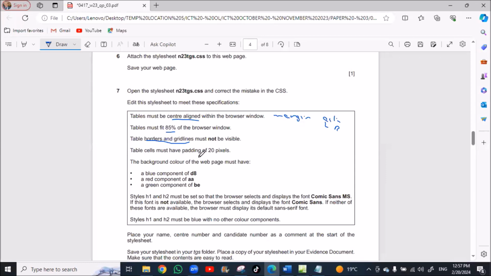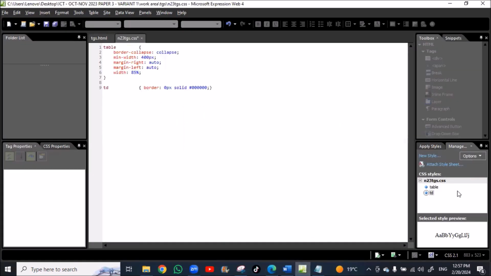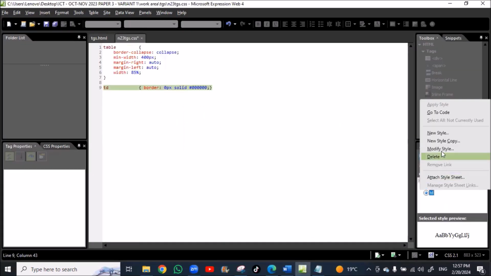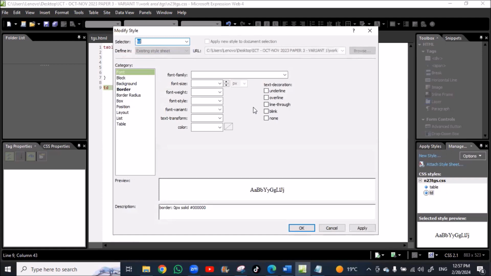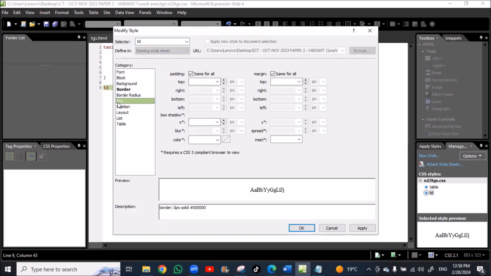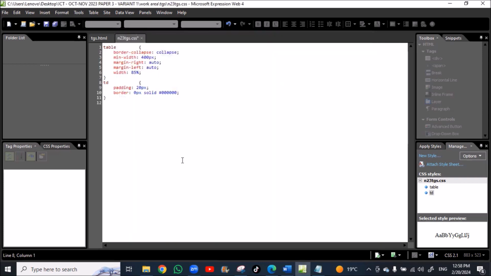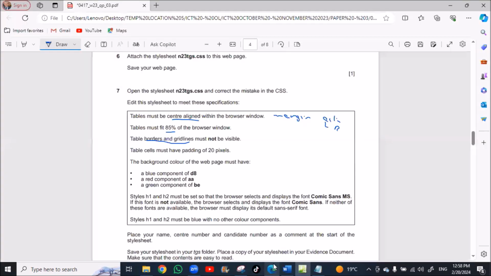Table cells must have padding of 20 pixel. So we'll go to the TD and modify, and for padding, let's select the box, and padding will be 20 pixel. Apply. Okay. Next,